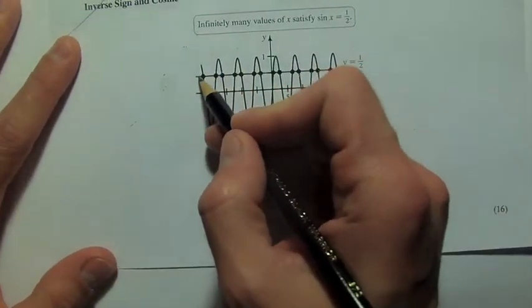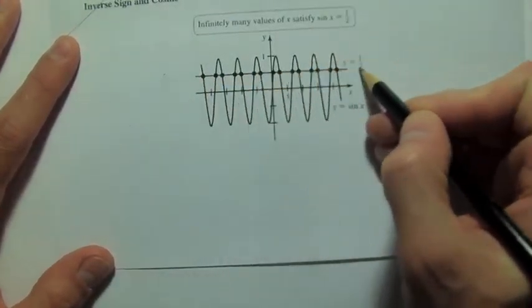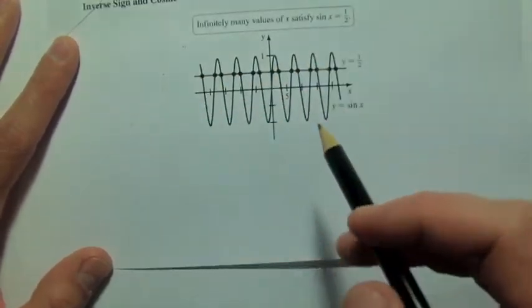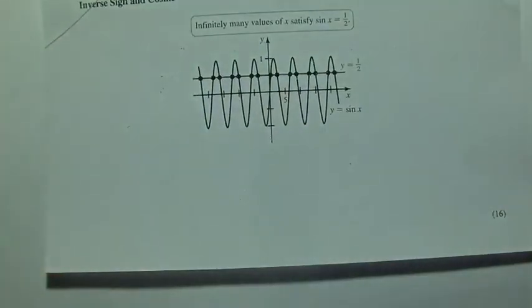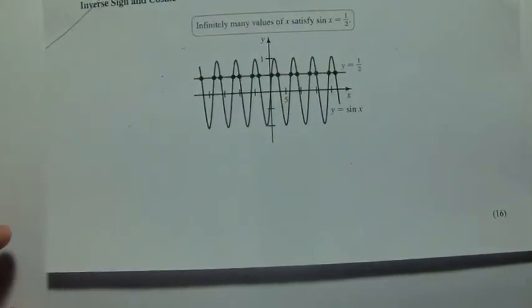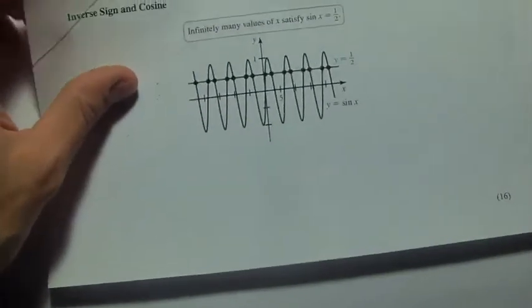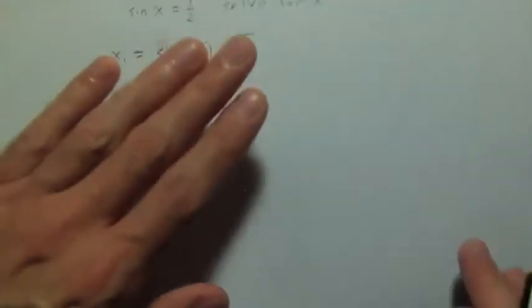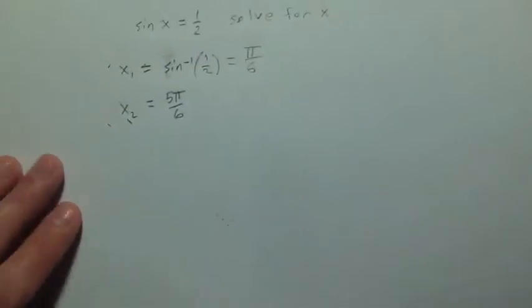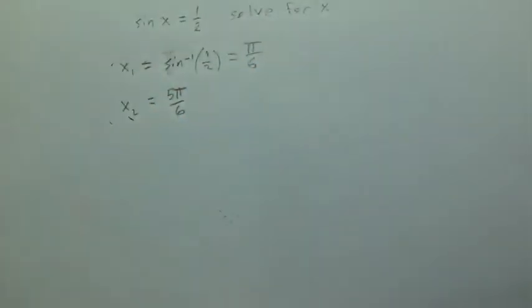And here's the graph of 1/2, and we see that it intersects a lot of times, and it's going to be an infinite number of times. So how do we basically say how many solutions we have? Well, the way we do it is we just take these first two that are in the fundamental cycle between 0 and 2 pi,